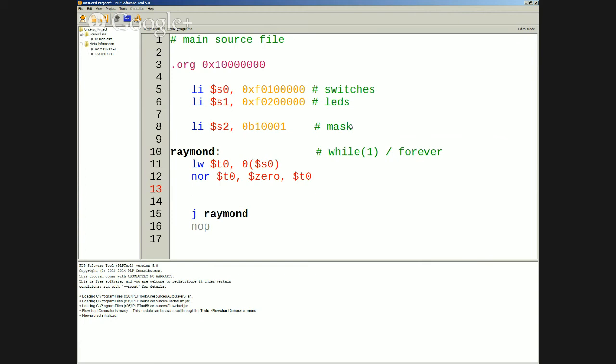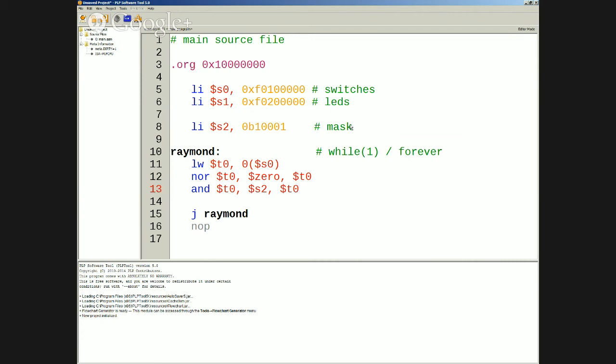AND it. Right. Now you want to apply the mask and mask off the bits that you don't want to use. So you AND it with what? Where's the mask? S2. Right. So you pull T0, AND it with S2, and store back to T0.